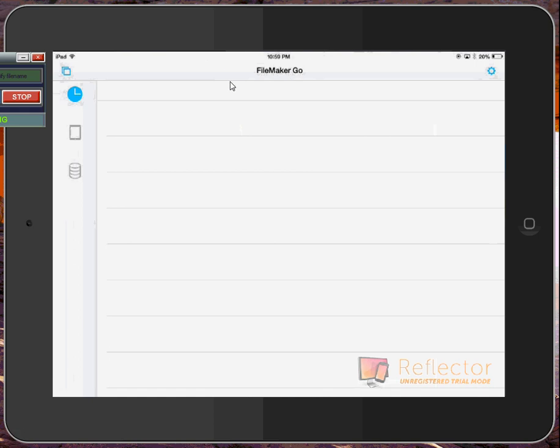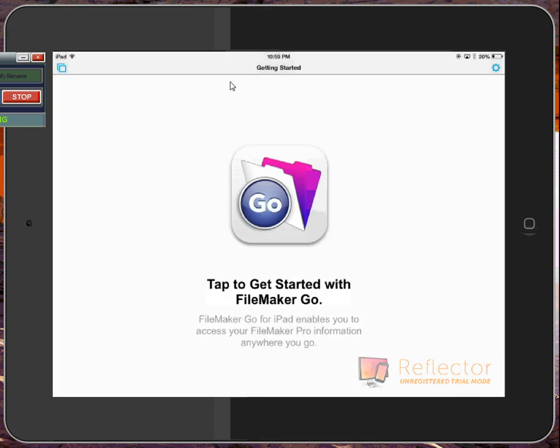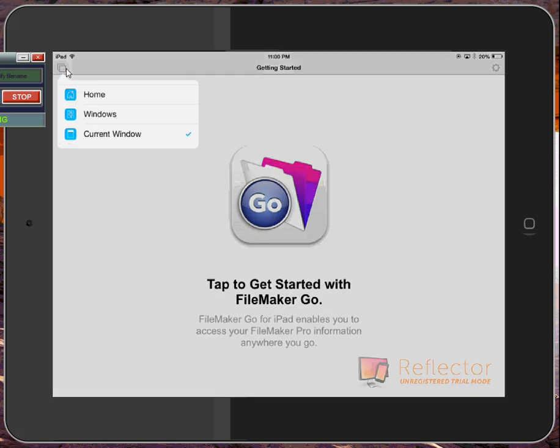It'll take a second here to load. And right away it says tap to get started with FileMaker Go. So this is some training material that automatically shows up. I really don't want to go through all of this, so I'll go ahead and click over here on these